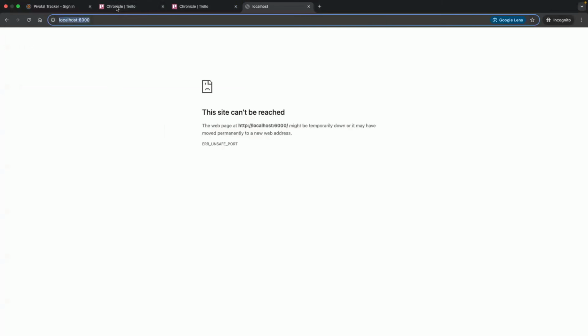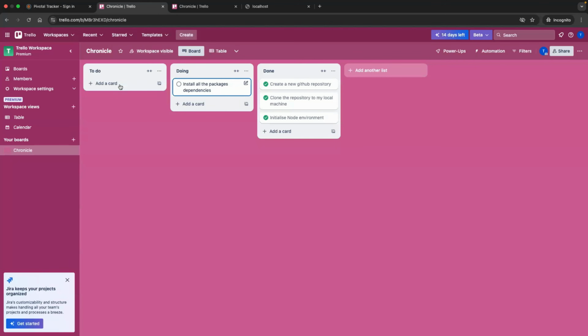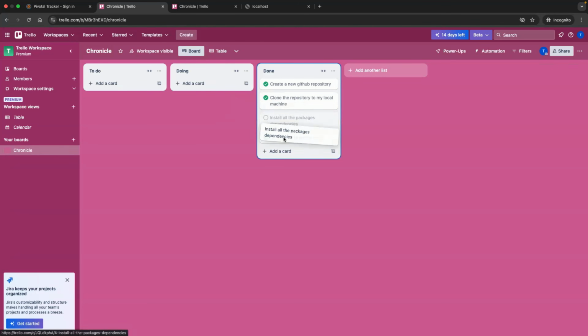So I'll go under my Trello board here. I'm going to move this to done, since we've done it, and I'm going to create a new card called create data persist object